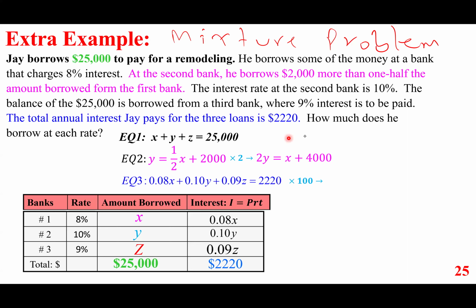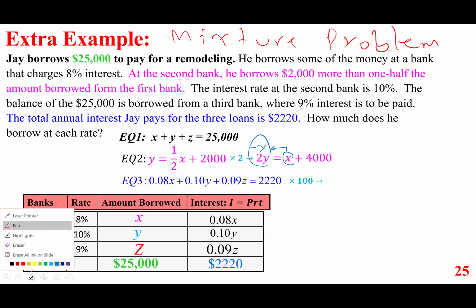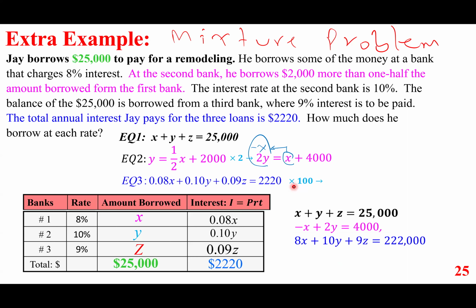So we keep the first equation intact. We change the second equation to what you see, and of course, I'm going to move this one this way also, make it minus x plus 2y equals 4,000. And the last equation, equation number 3, I'm going to get rid of the decimals. So by multiplying by 100, this becomes 8x plus 10y plus 9z, and the right side, just add 2 zeros. So those are the new